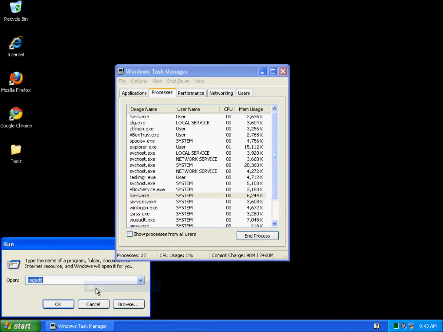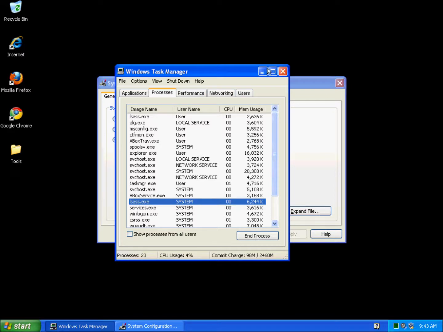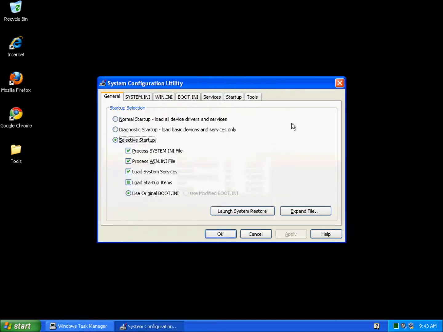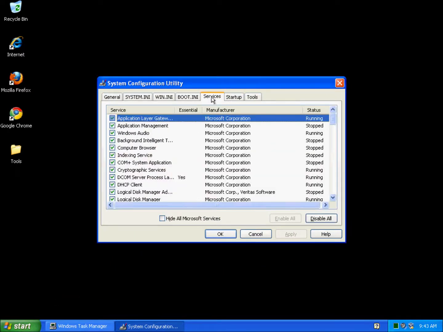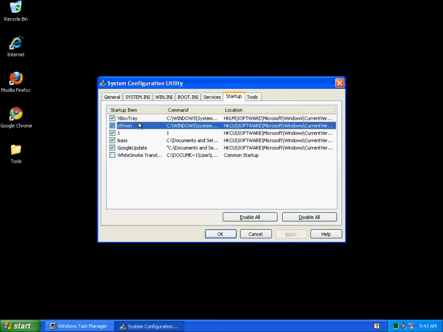If we go ahead and do a run, and if we pull up msconfig, and of course the task manager is always going to be on top, so I have to minimize it, and then let's just go under startup. Okay, you're going to notice that we have a few different items here, and we have our VirtualBox. Alright, that's a legitimate process. We have CTFMon, which is the Windows process, but we also have a few other ones here,